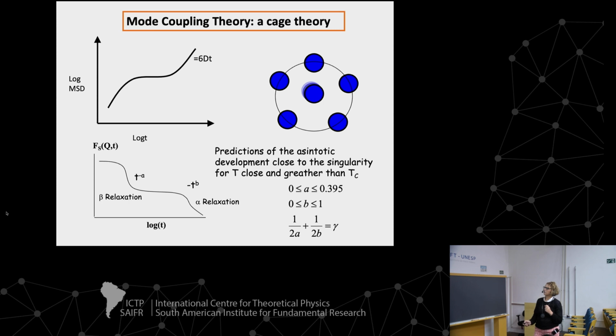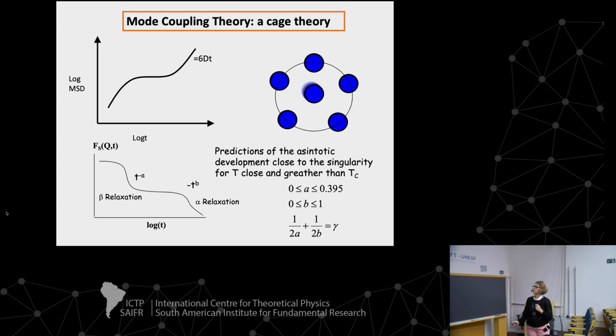So the particle is decorrelating by itself, but when it's in the cage, the degree of correlation doesn't change any longer because it's always there. The degree of correlation remains constant until the cage relaxes, the particle hops somewhere else,